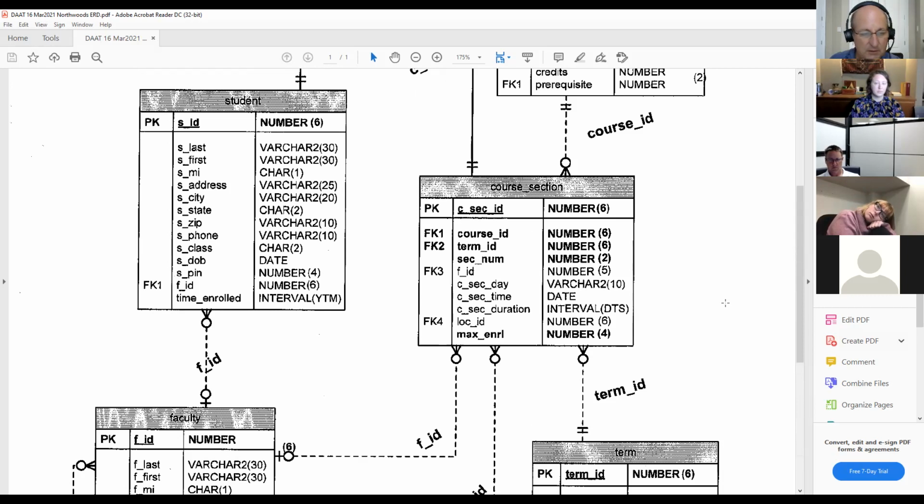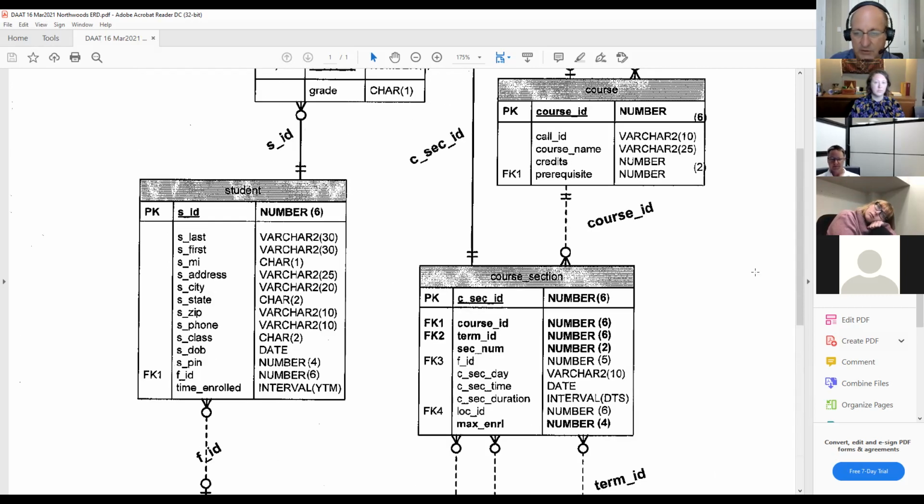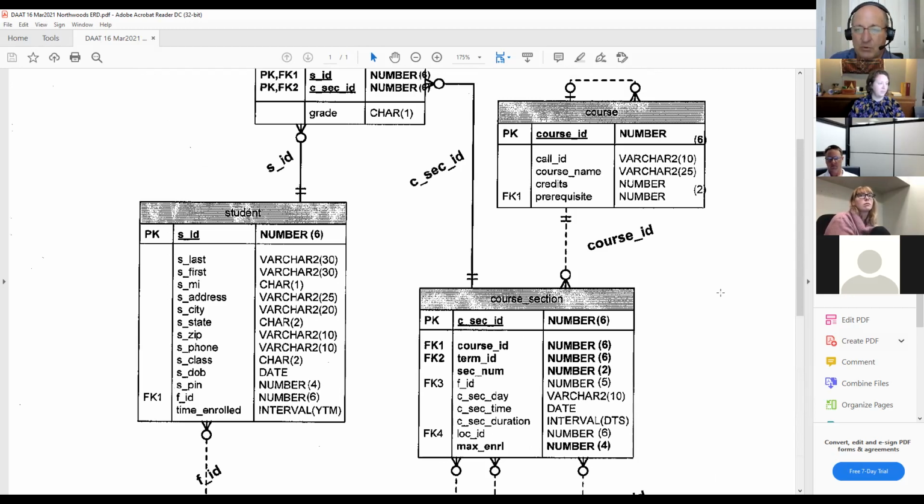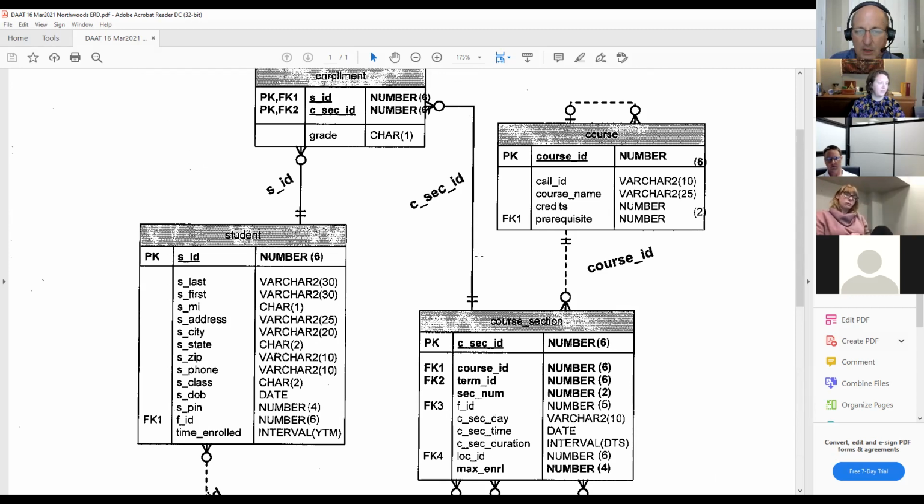So each of these squares is a table in that database. And so those are the entities in the entity relationship diagram, those tables. You will also see these lines connecting the entities, connecting the tables, and